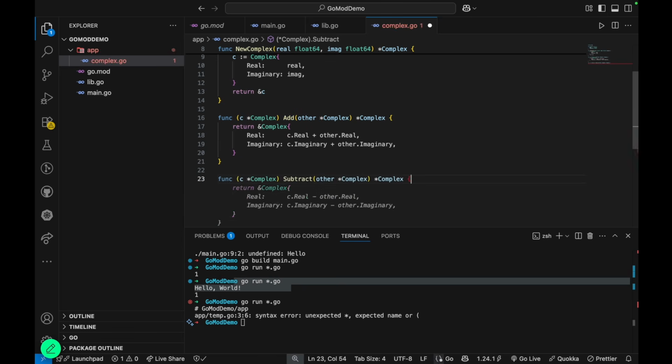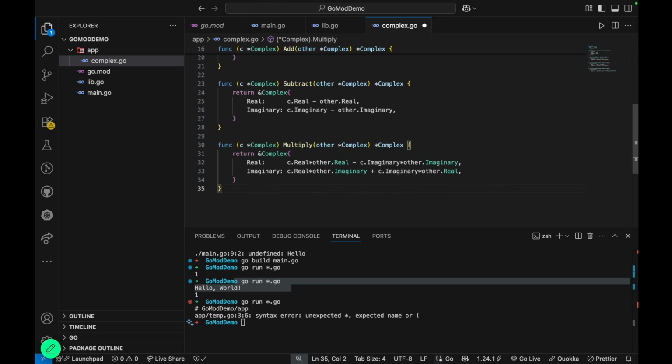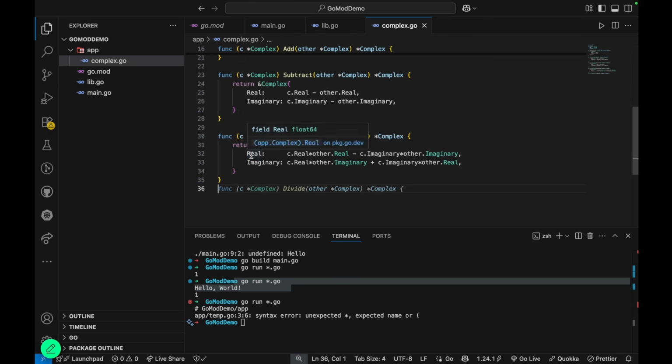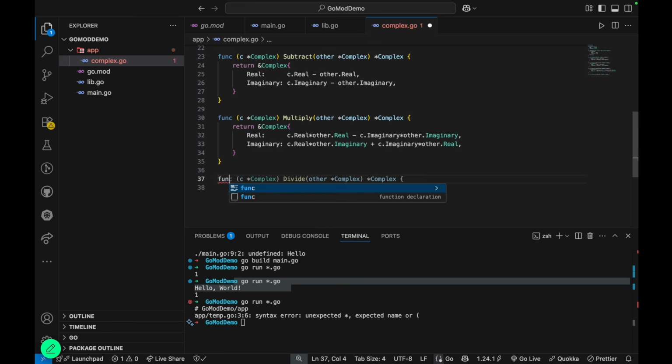Then you can have a subtract method. In addition of complex numbers, you add real to real, imaginary to imaginary. In subtraction, you subtract real from real, imaginary from imaginary. Multiplication is a bit different. For calculating the real part of the complex number, you multiply the reals and subtract the multiplication of the imaginaries. And to compute the imaginary part, you multiply real with imaginary and then add it with the other imaginary with real combination. And then you can have a display function,